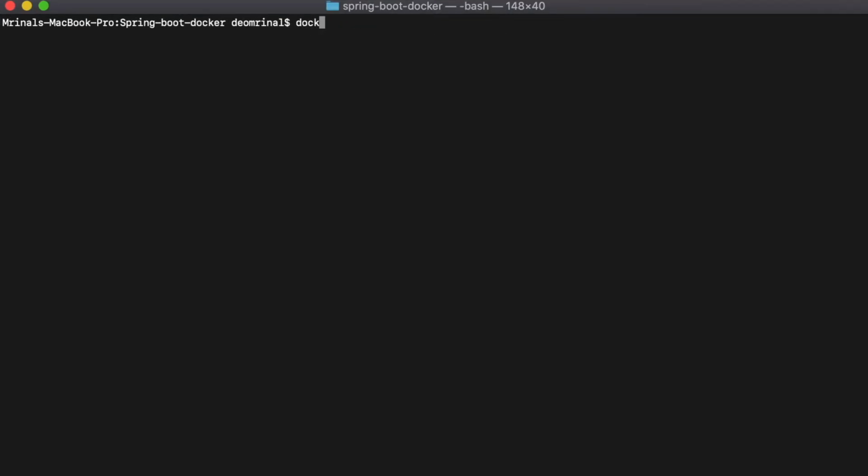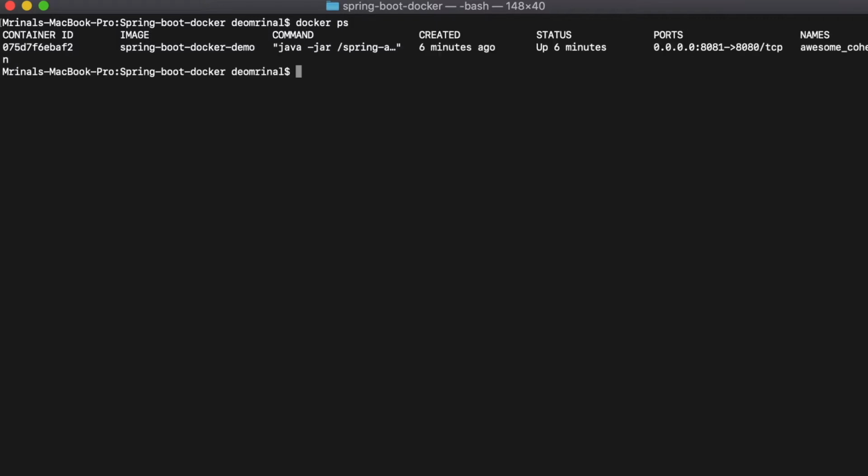So if I do docker ps, it says that right now there is only one container which is running actively, and that is Spring Boot Docker demo. It will list out all the details: the container ID, the Docker image name, the command used to run this container, that is the entry point, then the time created, status, it is up for 16 minutes, then ports, which port of Docker is exposed to which port of the host machine.